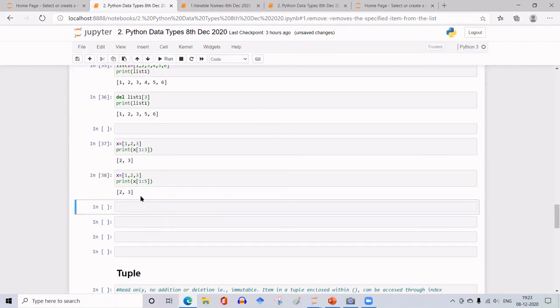Still it is printing 2 and 3 only. So whatever value you give as the upper limit, once the list is over, it will ignore the remaining values. It will print up to the last value. Even if I give the upper limit as 100, it will stop at the value 3, because the list is closing at this point. Understood? That is the difference. You don't get an error for this. Followed? Yes, ma'am. Okay. That is a note you have to make.